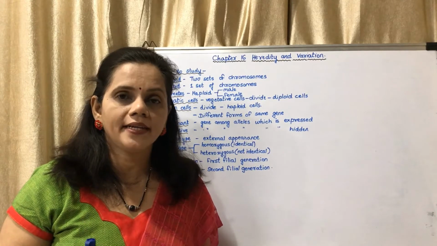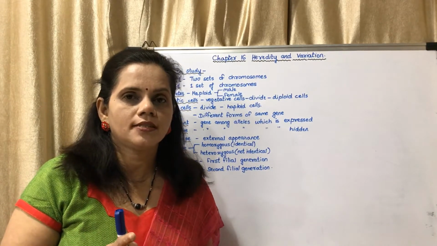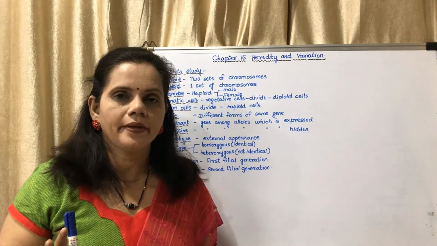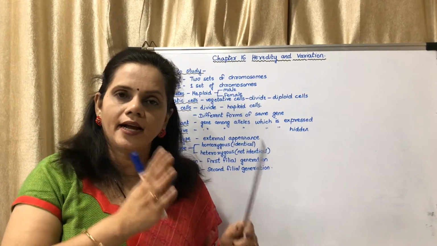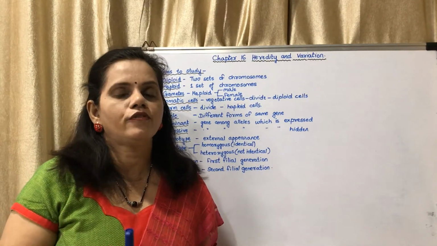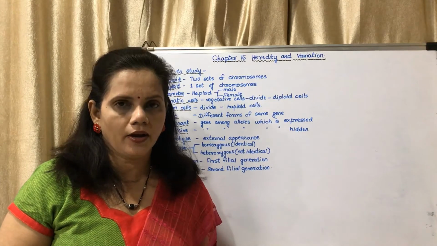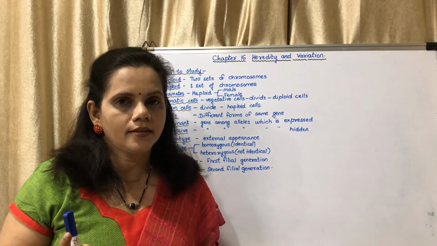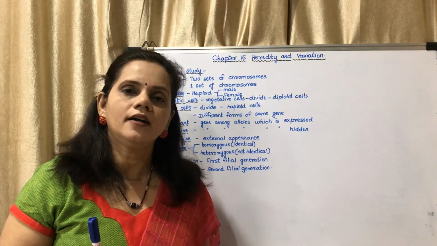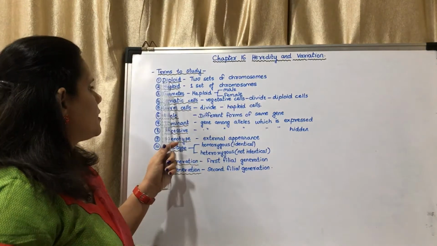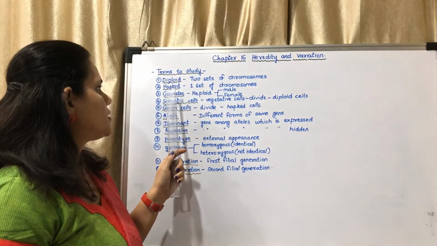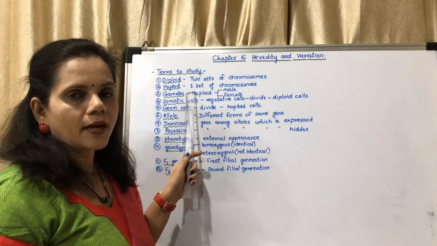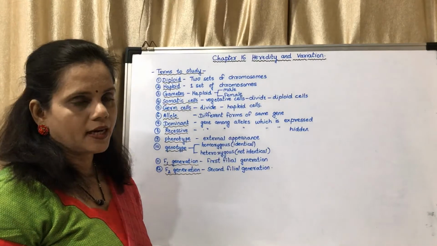Now how is this maintained? A male body produces a gamete which has only one set. A female body produces a gamete which has only one set. That one set and another one set form a combined set, that is a diploid. That is why our father is a diploid, our mother is diploid, our cells are diploid. So this is about diploid, two sets of chromosomes, and haploid, one set of chromosomes. Gametes are haploid, and there are two types of gametes, male gamete and female gamete.